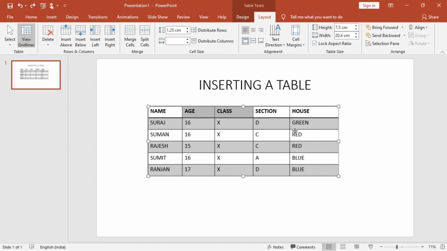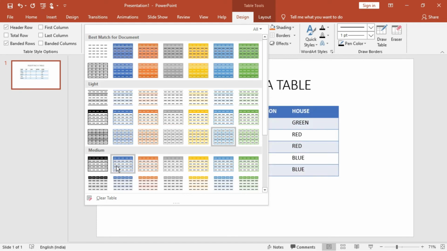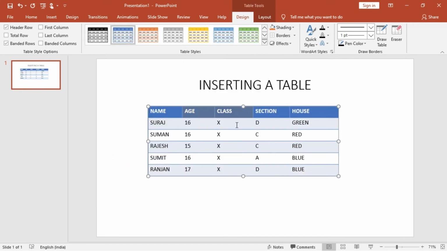Now this has been created, and the design will give you a different design of the table, that also is possible. So we have changed this design, and more styles are available. Out of this you can select anything. So this is also another table, you can select this also. At any point of time you can see it. So now you have seen how I have entered the data into the cells, and I have applied the styles into the table.